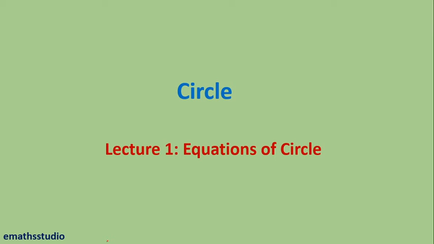Hello everyone. In this lecture, we are going to discuss equations of circle. See, here I am considering one point. Now the question is, where to locate a point at a distance of say 5 units, say 5 centimeter, from the given point? Now one can easily say that if I want a point at a distance of 5 centimeter from this given point, it will be on the circle whose radius is 5 centimeter.